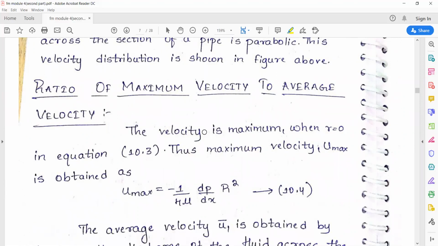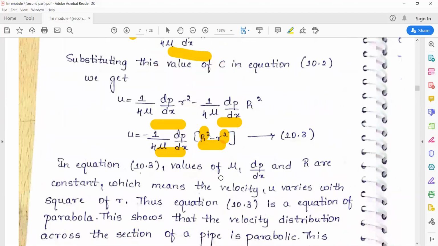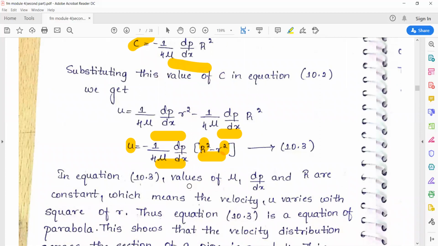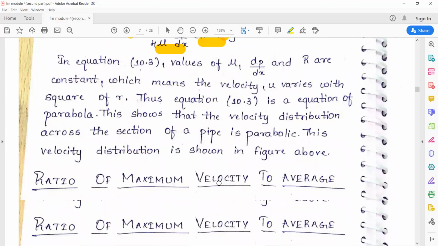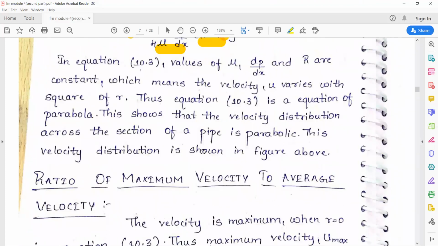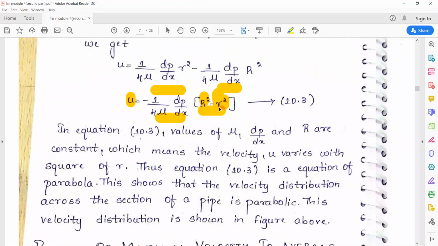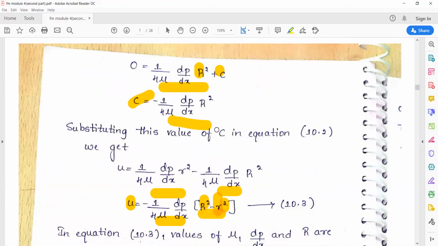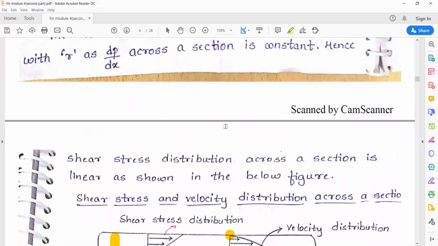In the next step, the equation for the ratio of maximum velocity to average velocity has to be derived. First we can derive the expression for maximum velocity, when u becomes u max. We have the expression for velocity at any point. We know the fluid flows with maximum velocity at the center of the pipe. What is the meaning of center of the pipe? Small r has to become 0, if the radius of the fluid element becomes 0. That becomes the center. In the diagram you can see.